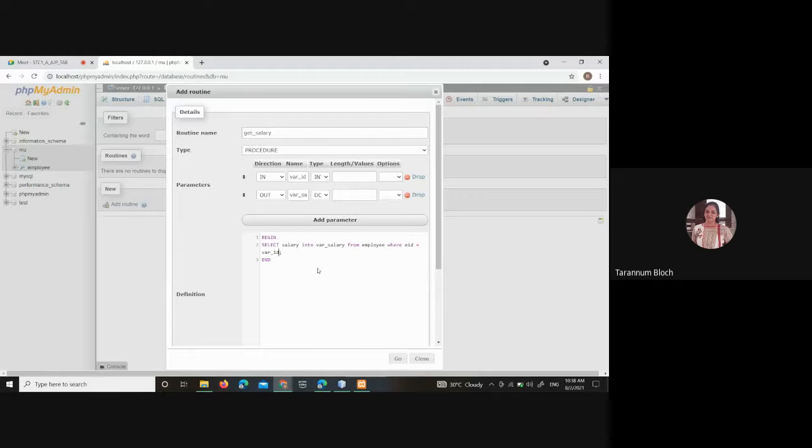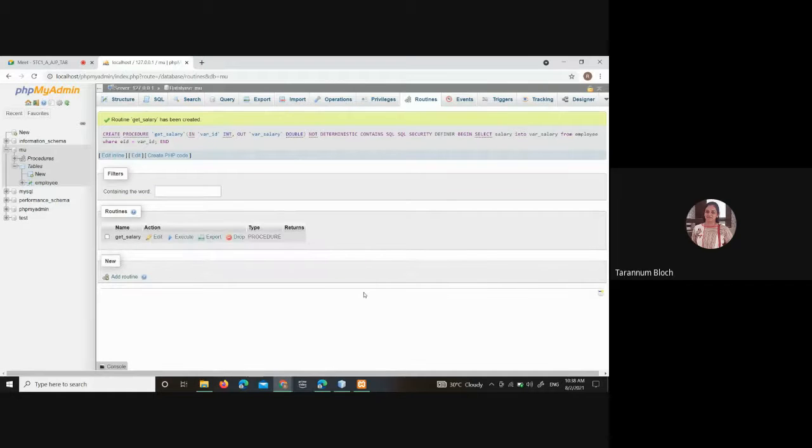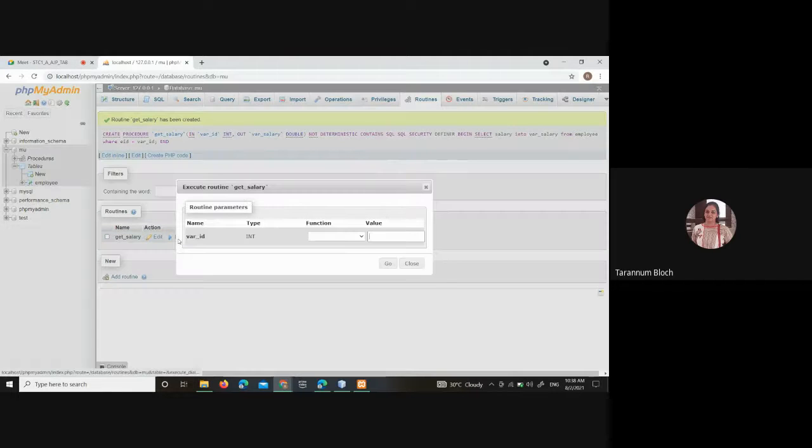Now click on go. It will create the stored procedure. Now it has been created, you see. Click on execute. Give 1. It will give you the salary of Rahil, employee name Rahil, ID 1. Click on go.